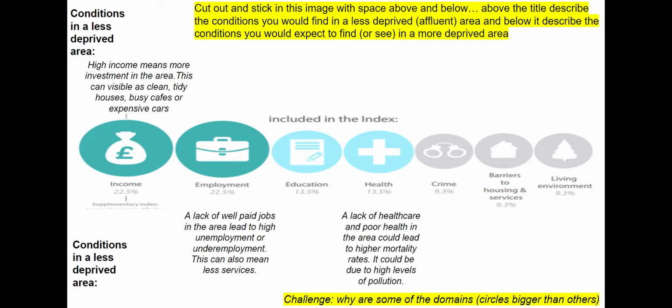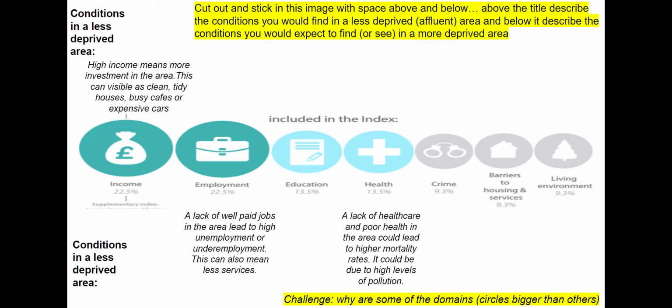But generally, we think about areas that have multiple deprivation. That means that the conditions for several, if not all, of these factors are negative, which means that the area is less